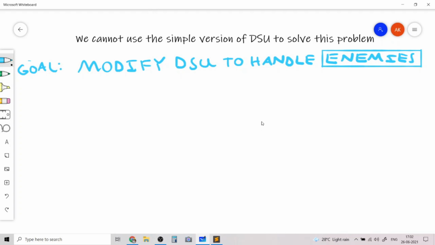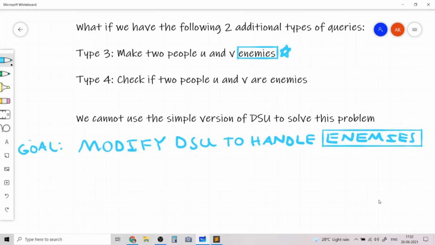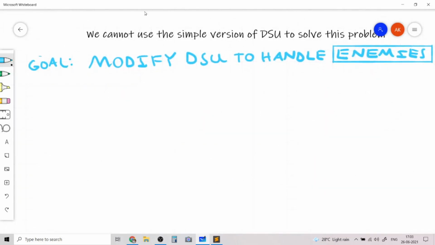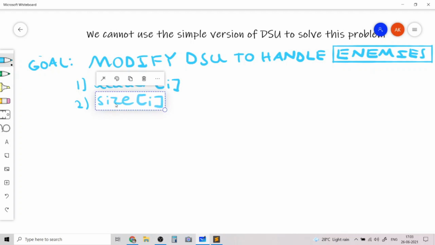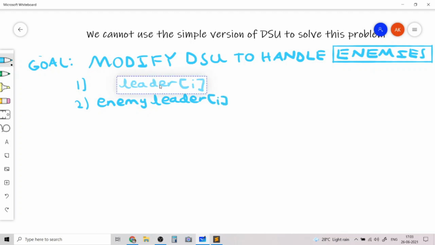So that tells us, instead of maintaining only the original DSU term of the leader of I, so in a normal DSU we had two terms, leader of I and the size of each component I. So let's not worry about size of I for now, and let's only add another variable called enemy leader of I. So originally we only had leader of I. Let's change this to make it leader of I, which is the friend leader of I, and the enemy leader